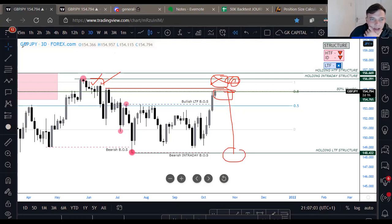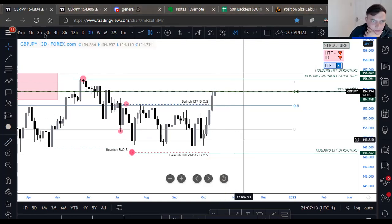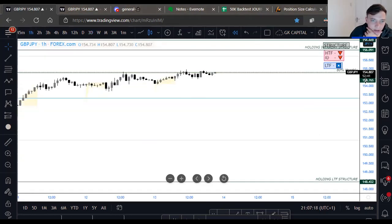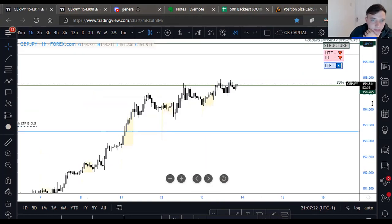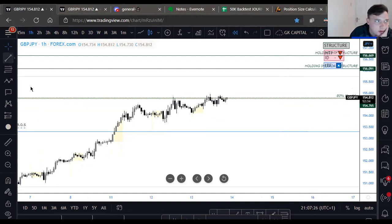I actually took an initial entry on GJ. I did secure a little bit of profit, and then it moved back to break even. But I have another target, we're nearly at the area now. My second entry on the 1 hour time frame is a previous area of supply, and my entry is 154994. But if you were to go on to the 4 hour...